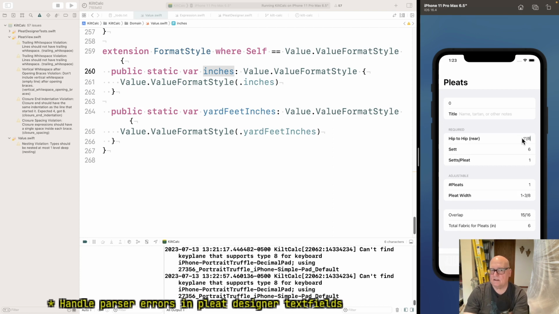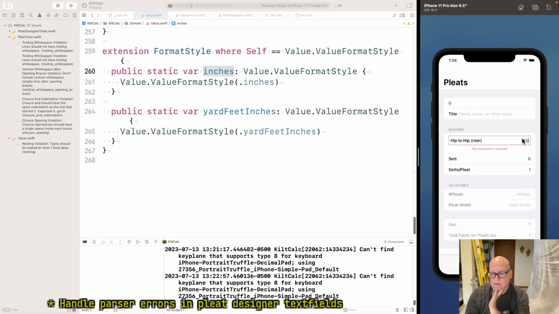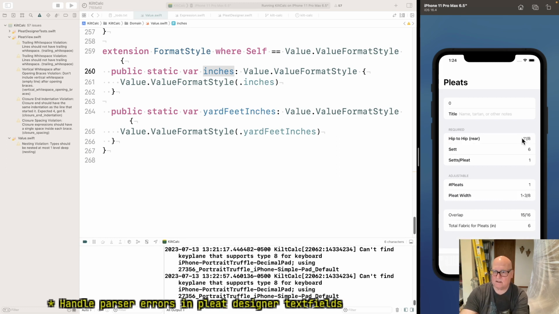Okay, so I think there's a state that's going on that says like I had a valid number. Okay, I'll let you keep typing, but I'm skeptical on this. Okay, so I think when I type that slash, I think it's releasing the 11 as a valid value. No. Okay, the slash messes it up, and then eighths.